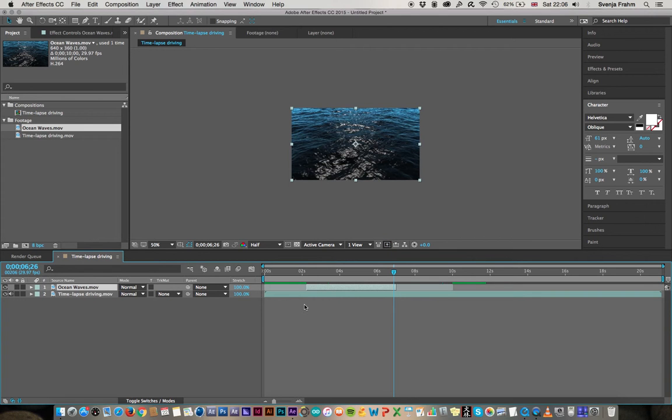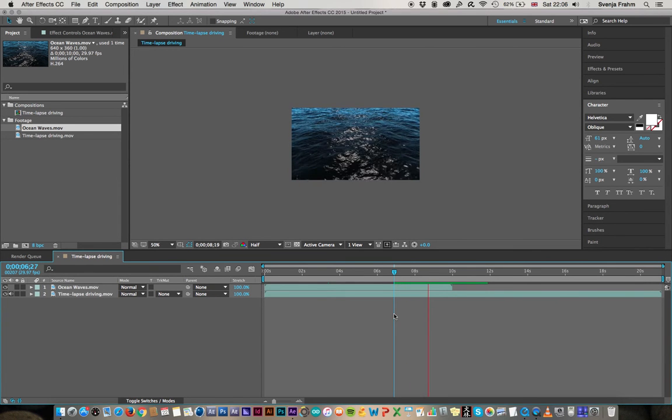I can do the same at the front, but for now we don't need that. I just wanted to make you aware that every layer has a length, and sometimes when you can't see something, it's because the layer is already finished. But another thing: at the moment, if I hit spacebar to preview the whole lot, it